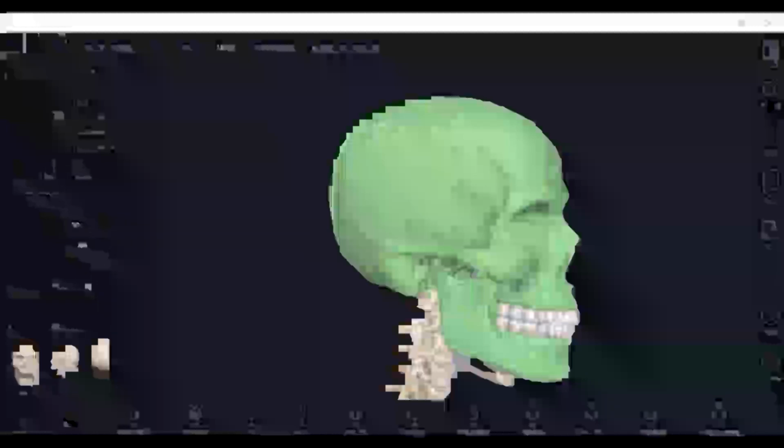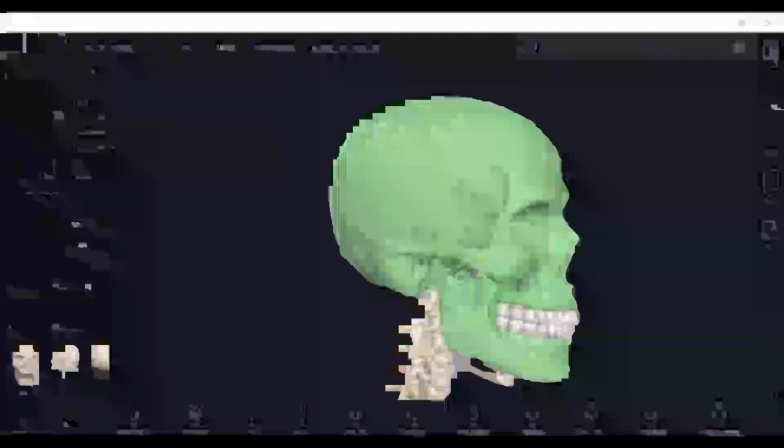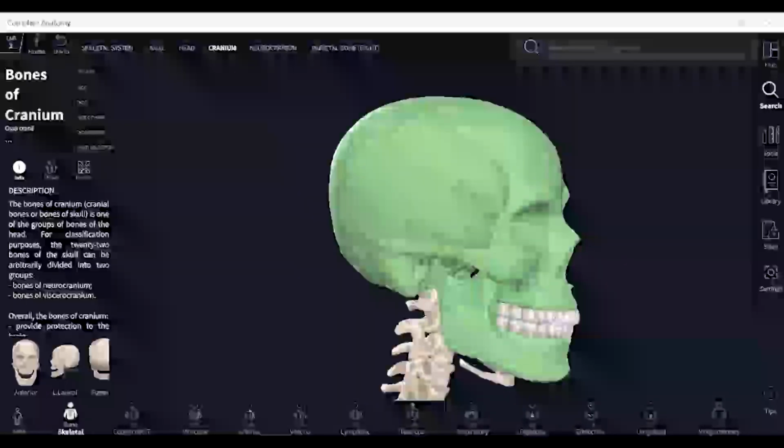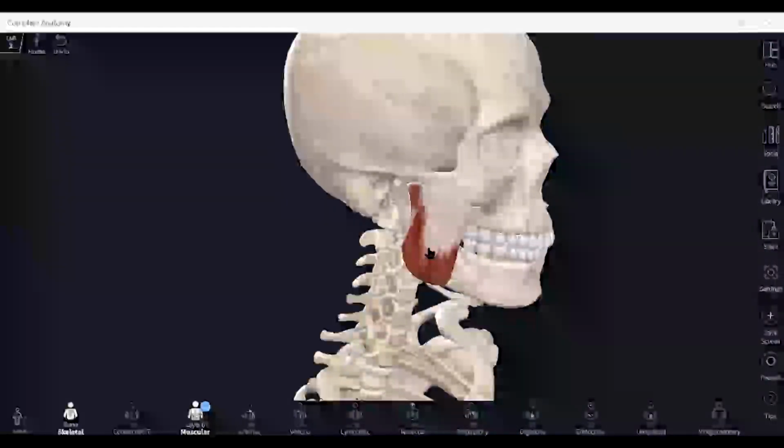I'll show you how the details of the muscle can be studied. I have typed the right masseter, so I am able to see only the right masseter.